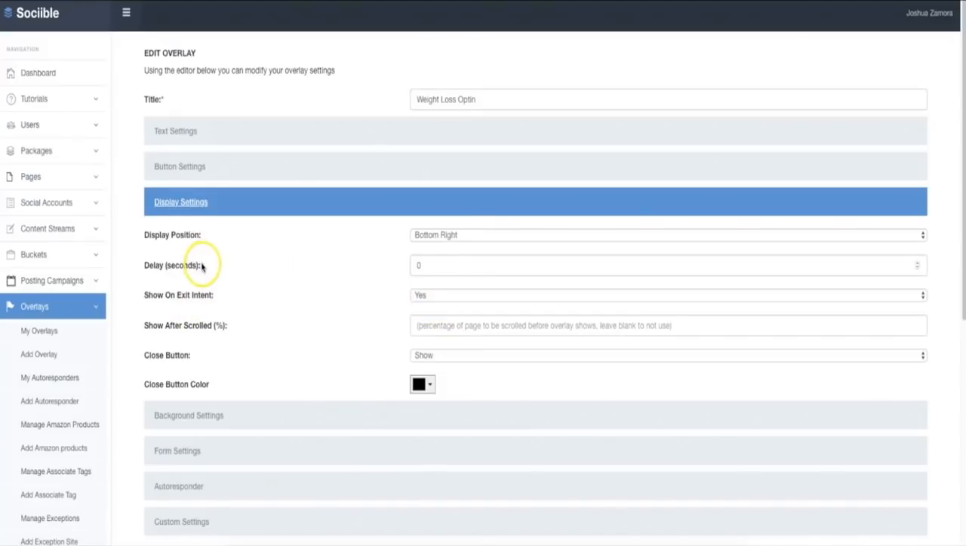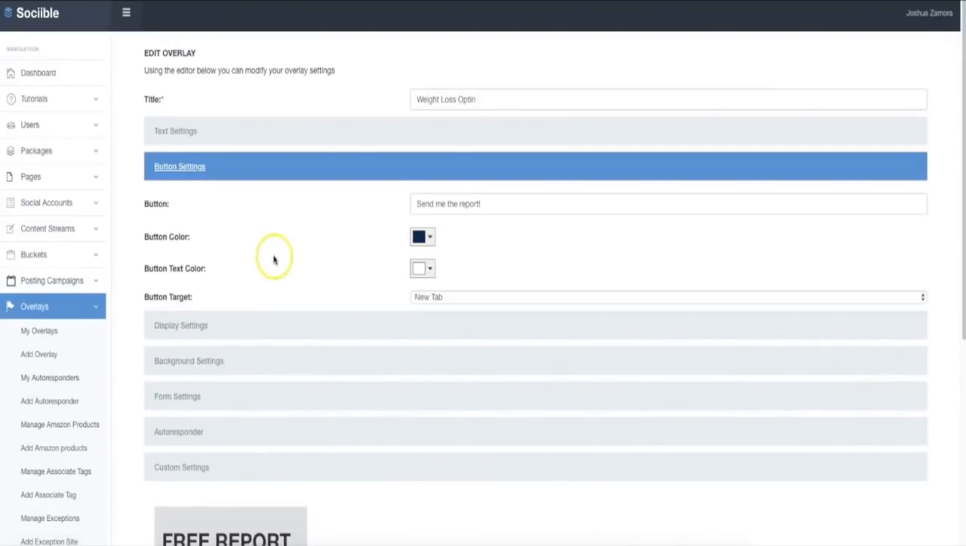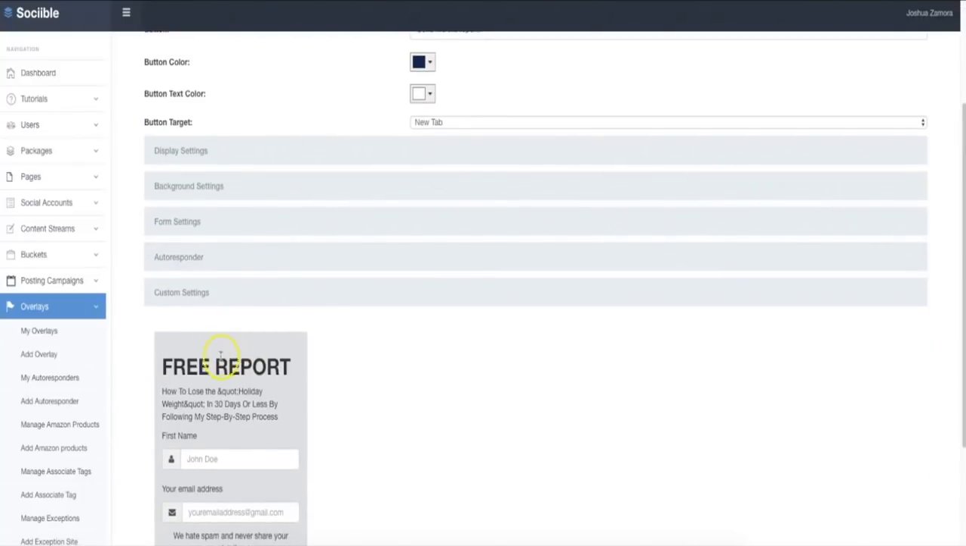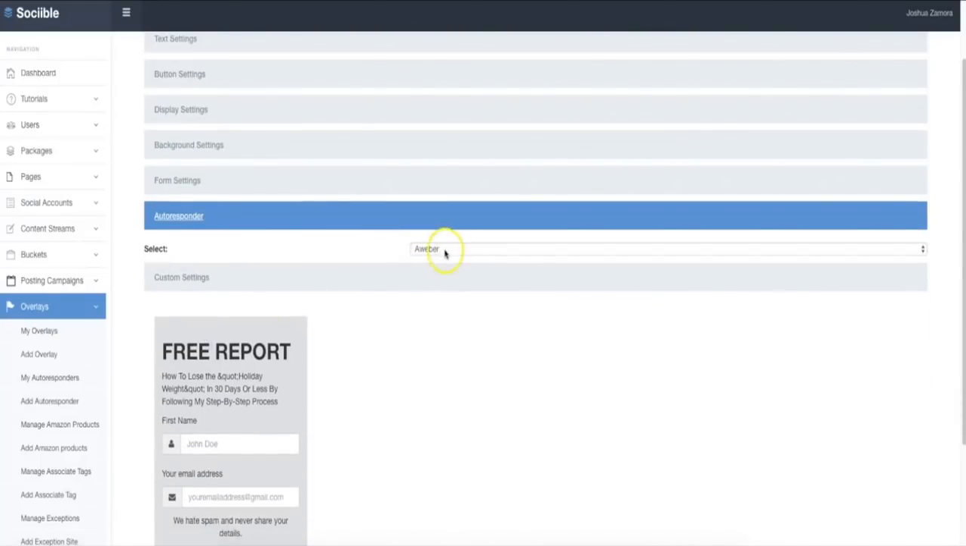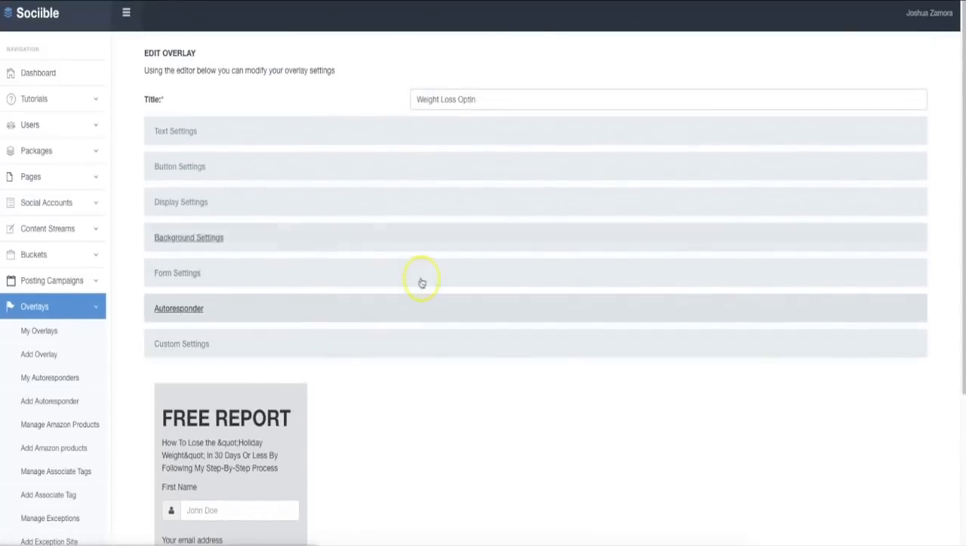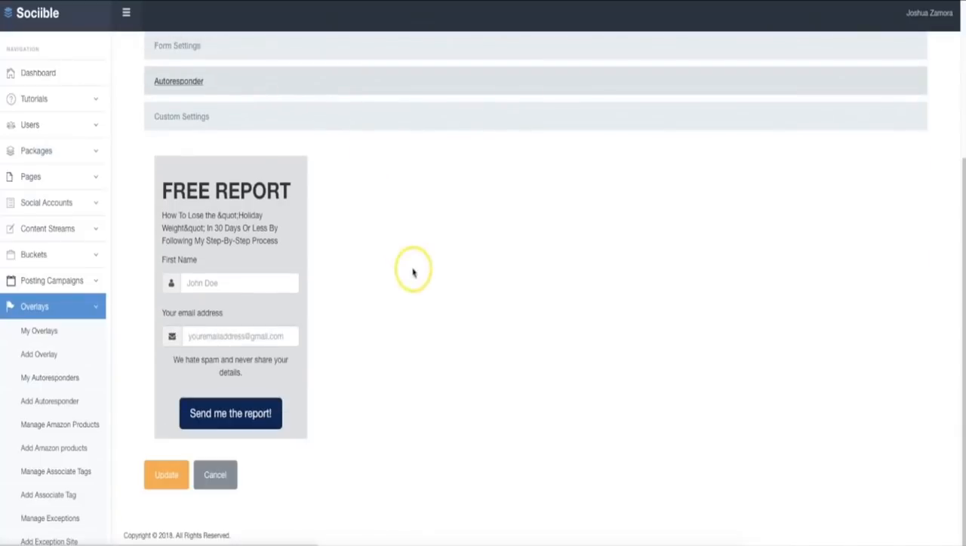Okay, now you have the option to select for it to show up after a certain amount of seconds, once a certain percentage of the article is scrolled, if you want the close button to show up or not. You are in full control and can edit absolutely every single part of this form to change how it looks. You can change the background color, you can change the background image, you can do absolutely everything that you want, and you can automatically, of course, integrate your autoresponder in there. Okay, so you have full control of editing your overlay,